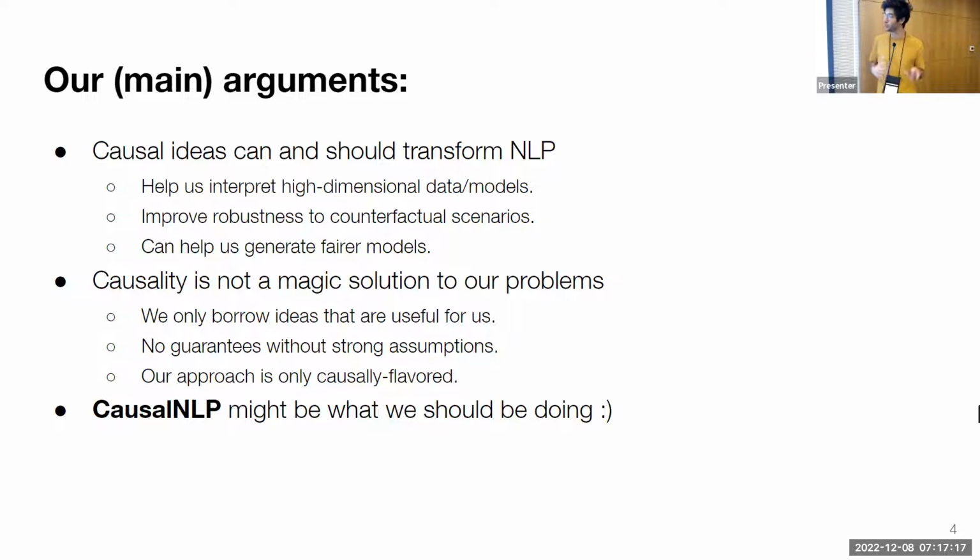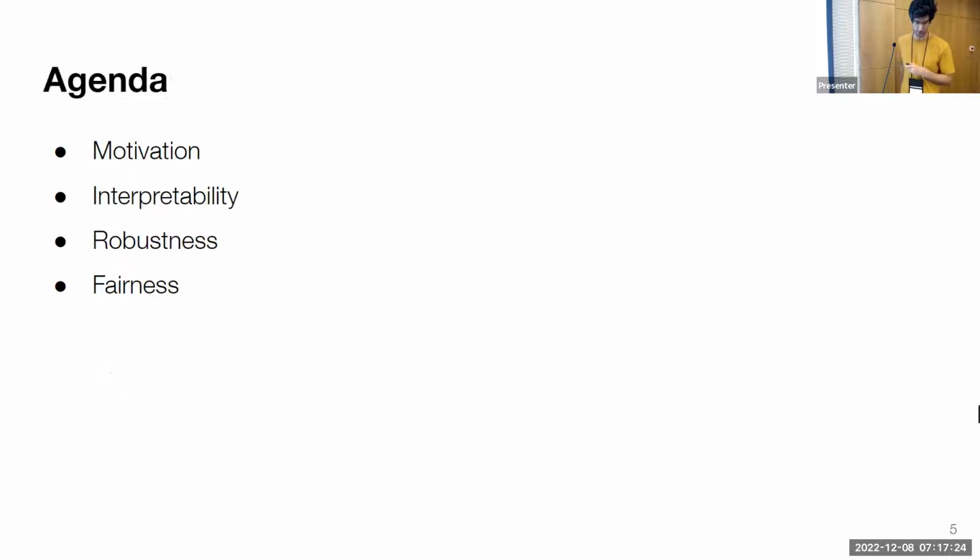Still, I think that we should be thinking about doing causal NLP, and I will go step by step showing why I think this is the case. All right, so our agenda: I will start out by giving a motivation, specifically for us as people that care about prediction problems that involve text, for why you should think about this toolset that Kun was describing earlier. And I will go over 3 different subfields within NLP where this is useful.